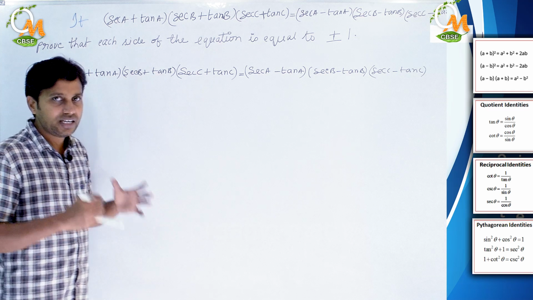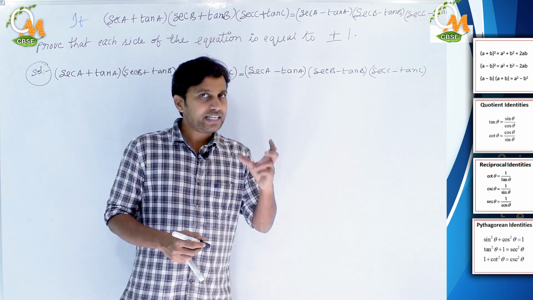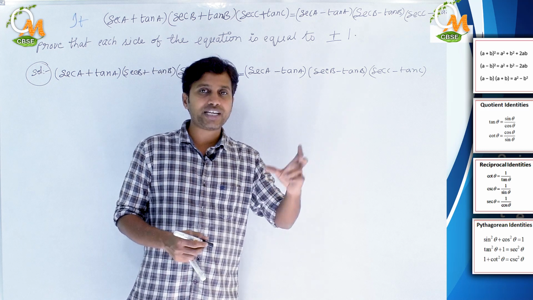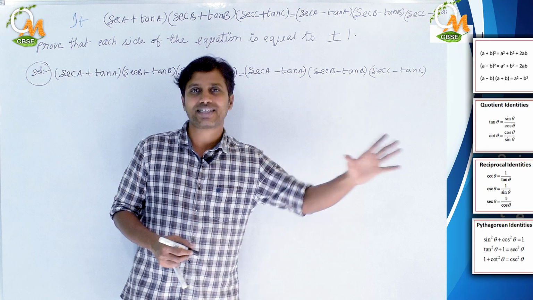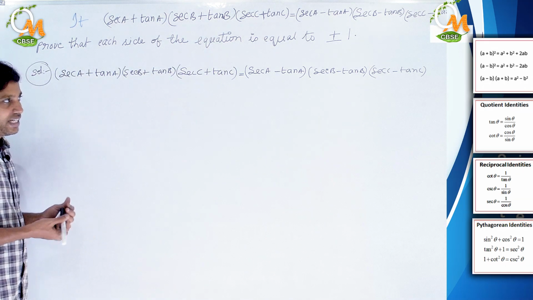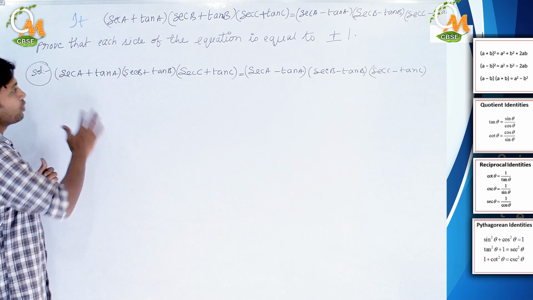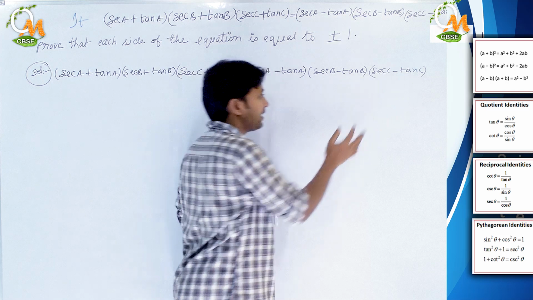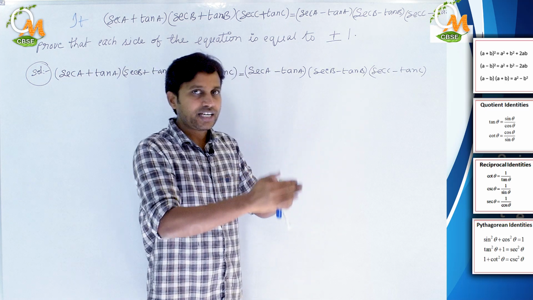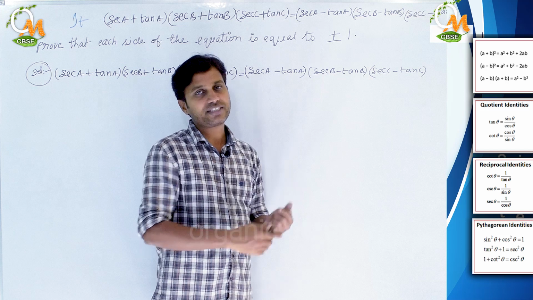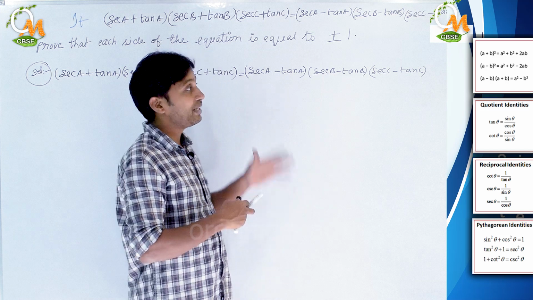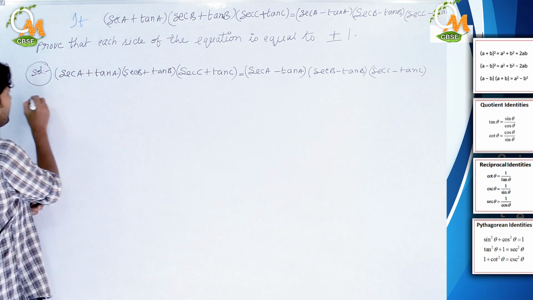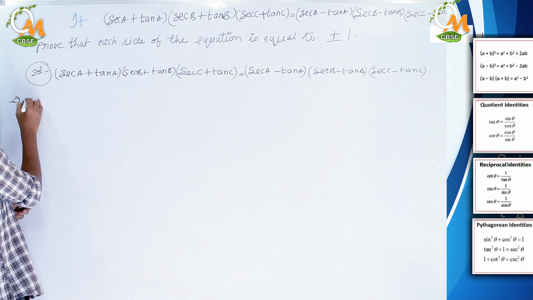Let me multiply with secant A plus tan A into secant B plus tan B into secant C plus tan C. With these 3 expressions we need to multiply on both sides. We are going to multiply this side and this side with secant A plus tan A into secant B plus tan B into secant C plus tan C. 3 expressions, not one expression, right? So let us write it down. It will be a bit lengthy expression, don't panic.